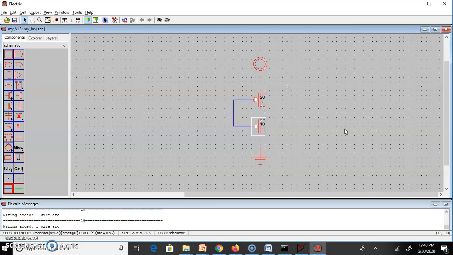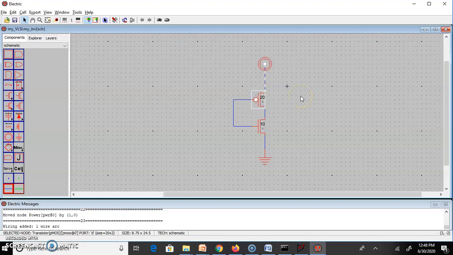For creating new wire, click somewhere else. Again take your cursor to one terminal. Go on to second terminal and do simply right click. So now my NMOS is connected with ground. I need to connect my PMOS with power.